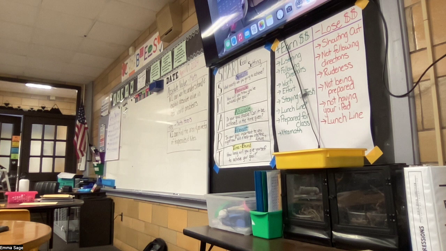It's about time to start wrapping up, so I'm going to give you this exit slip. I just want you to do your best to show what you've learned the past few days. Hey guys, you're doing this independently, so you're going to do this on your own. You can feel free to look at the number lines around you. You can stand up and use them if you want, but just do your best.